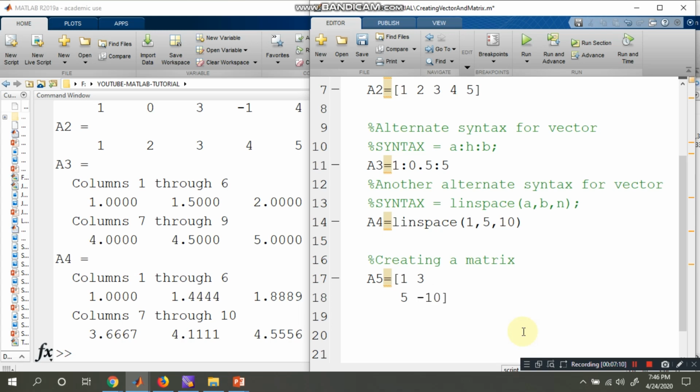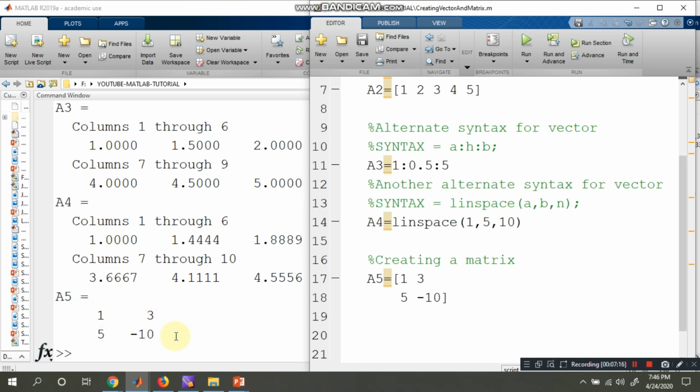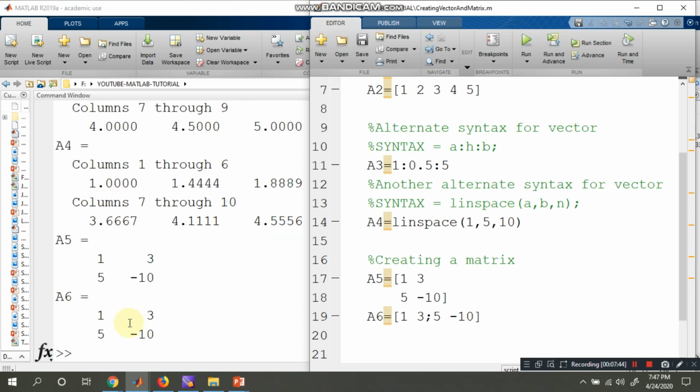Now we execute this file and observe over the command window: 1, 3, 5, -10. I would like to use another syntax for the same matrix with 1, 3. Instead of going to the next line, simply give a semicolon, then 5, -10. That semicolon represents going to the next row. Now once we execute this file, we get 1, 3, 5, -10.